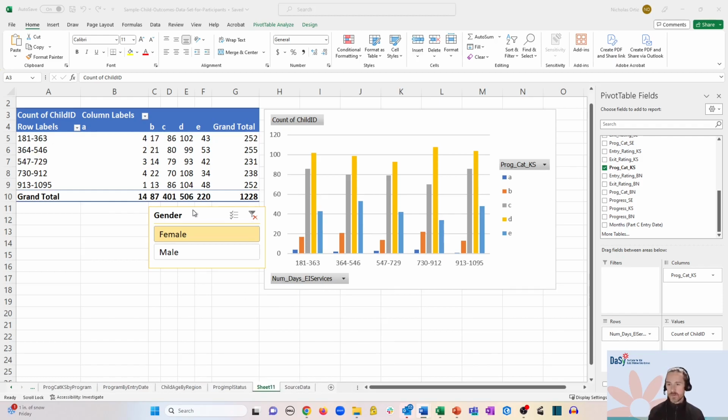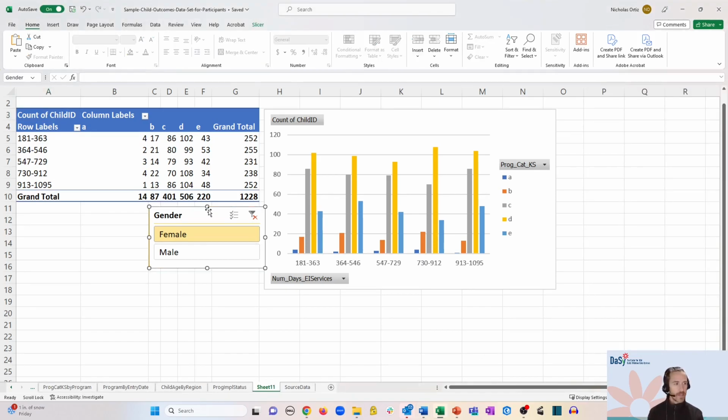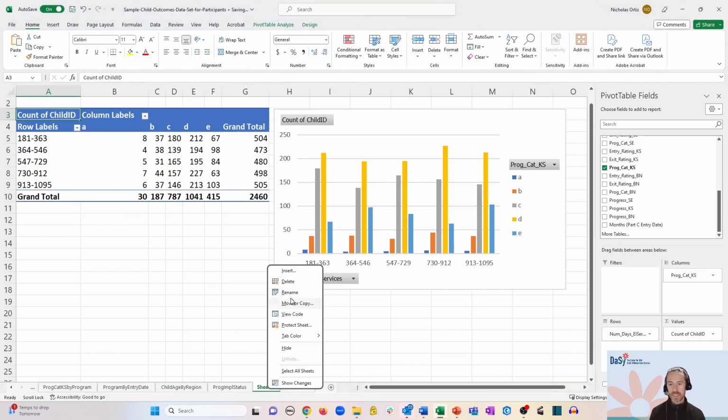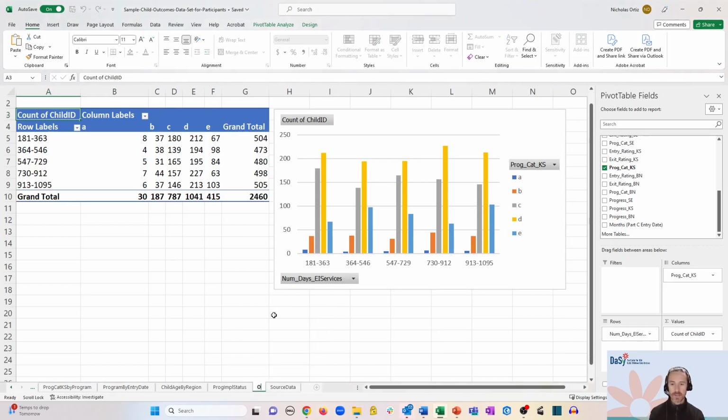I'm going to remove our slicer for now, and we'll add some of these back in later. You'll see how this tab essentially becomes a staging area for our main dashboard, which is not necessary, but it's a good way in my experience to track your steps and keep things organized. And to that end, we're going to also rename our sheet to something like OC for outcome